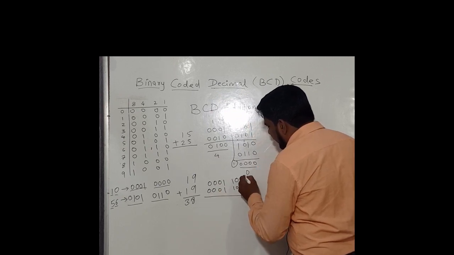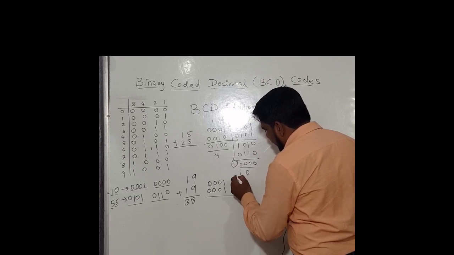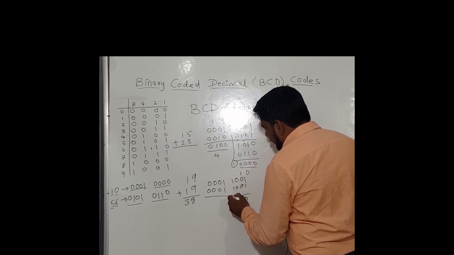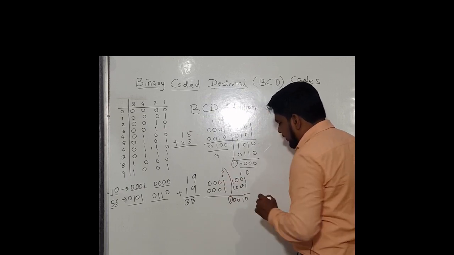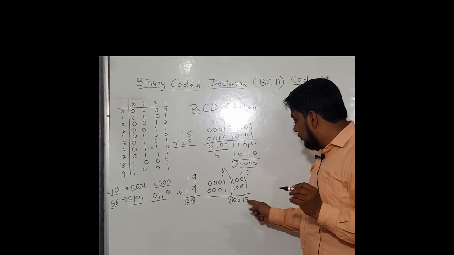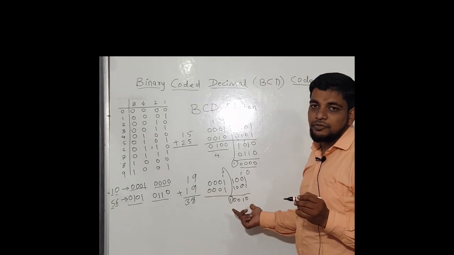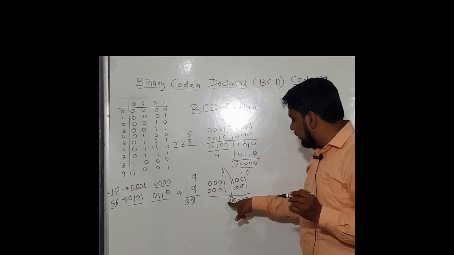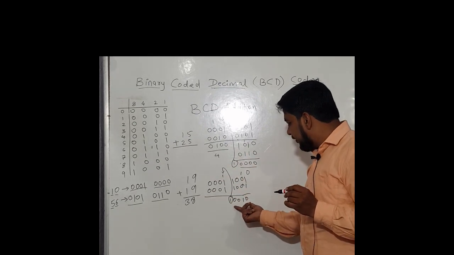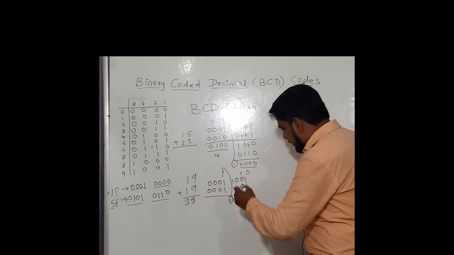Now perform the addition. 1 plus 1 is 0, carry is generated; 1 plus 0 plus 0 is 1; 0 plus 0 is 0; 1 plus 1 is 0, carry is generated. Forward the carry into the next stage. Then this number becomes invalid. We know that 10110 is 16 plus 2, 18, and 18 is not a valid BCD. So the carry is forwarded into the next stage, and for the invalid number we are getting, add 6 to that number, that is 0110.